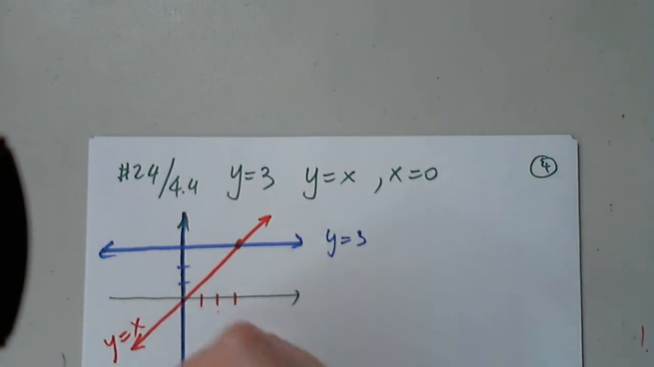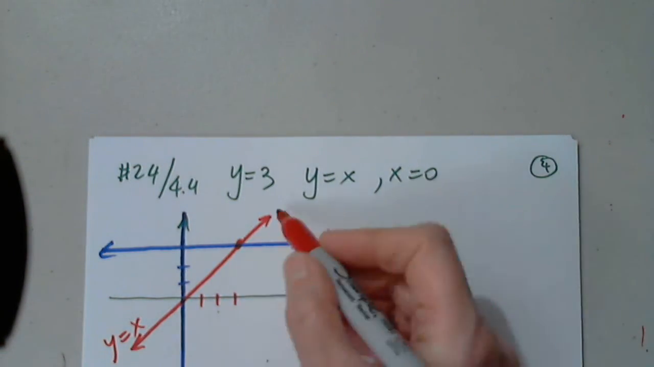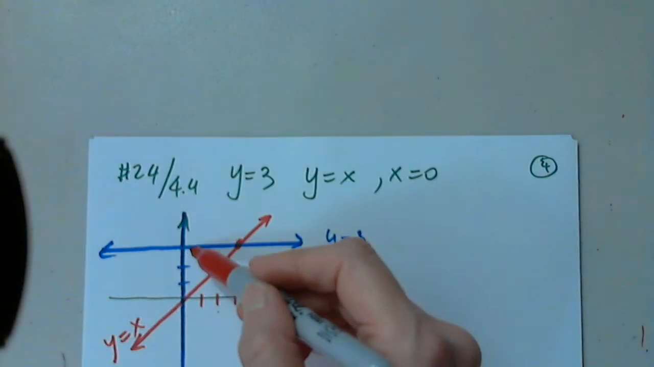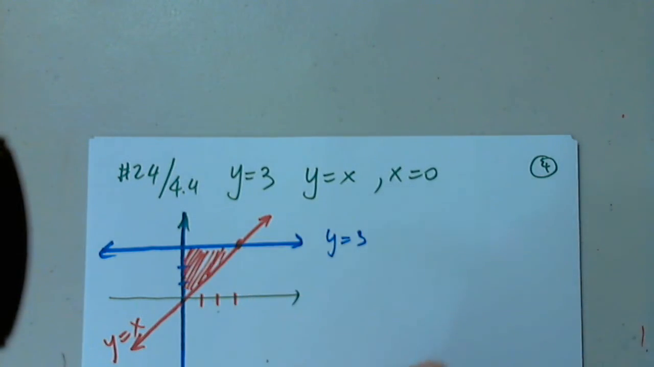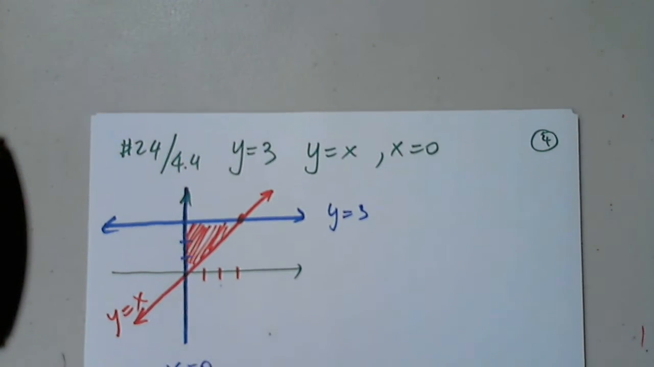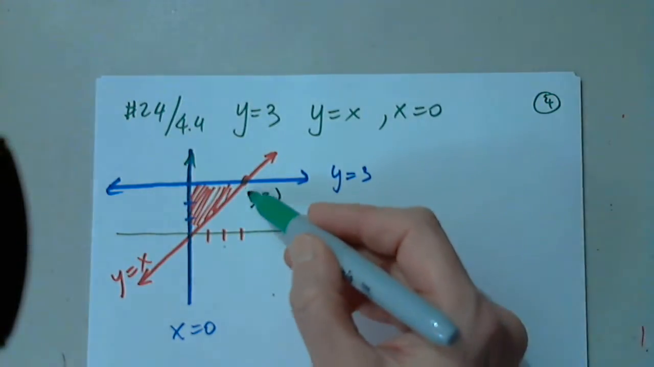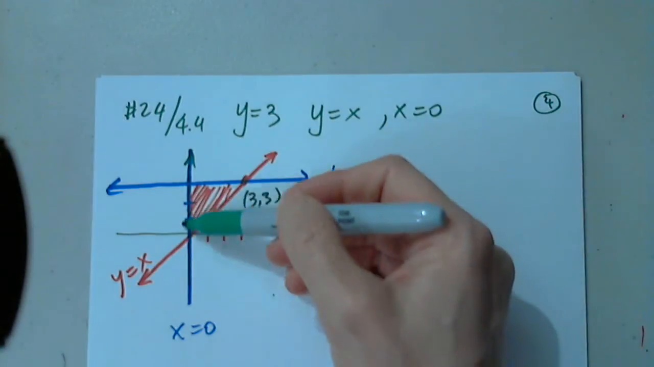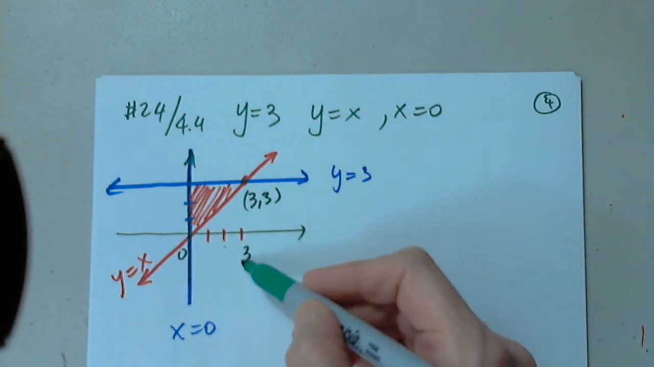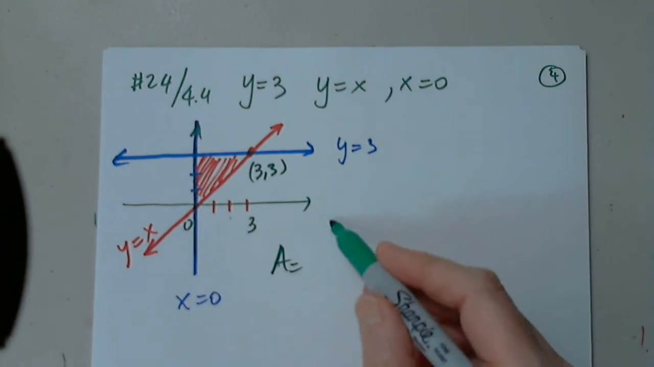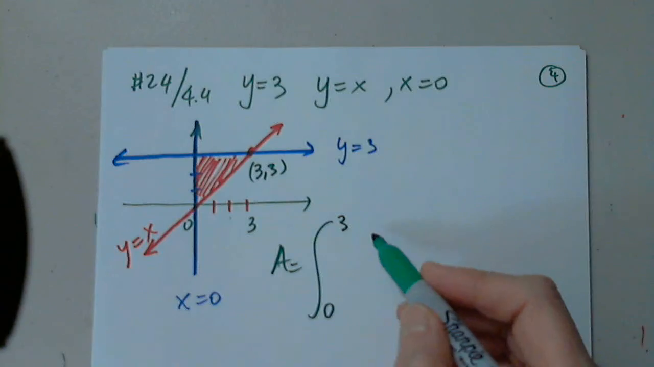So this is y equals x, this is x equals 0, y equals x, and y equals 3. The area enclosed among these three is that area. Okay, so I know that this is (3, 3). I know the area is found between 0 and 3. So the area will be the integral from 0 to 3